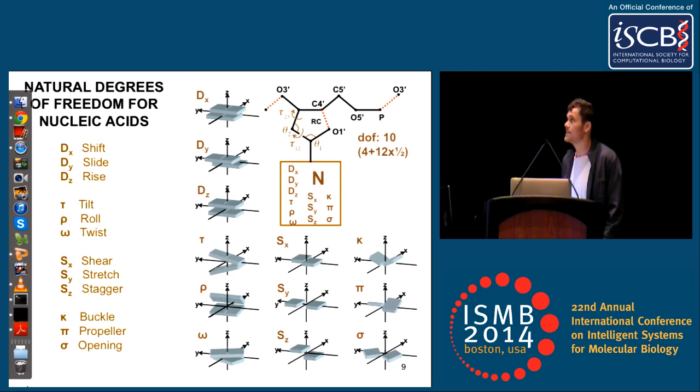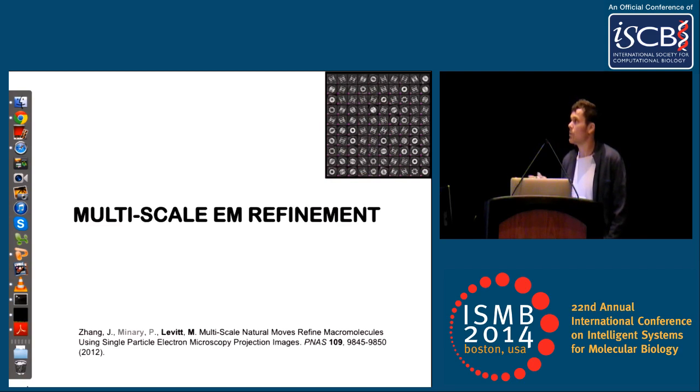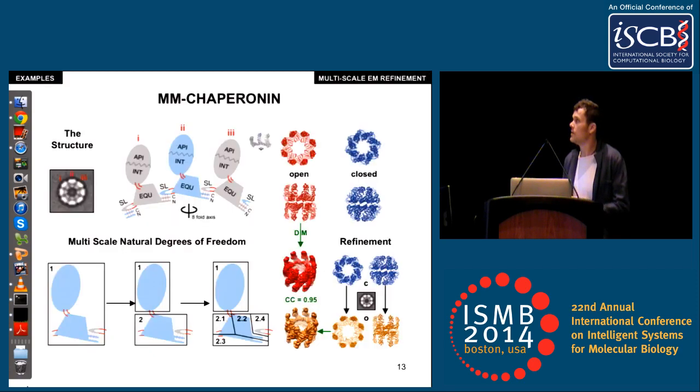Similarly, for nucleic acids, one of the most natural choices for degrees of freedom is moving different base pairs independently, and all the corresponding chain breaks are going to be processed similarly with our new chain closure algorithm. And now I just want to focus on a couple of applications we did together with Michael in the past years. One of them was, as I mentioned at the very beginning of my talk, to interpret experimental data, cryo-EM and spectroscopy data on, in particular, a very